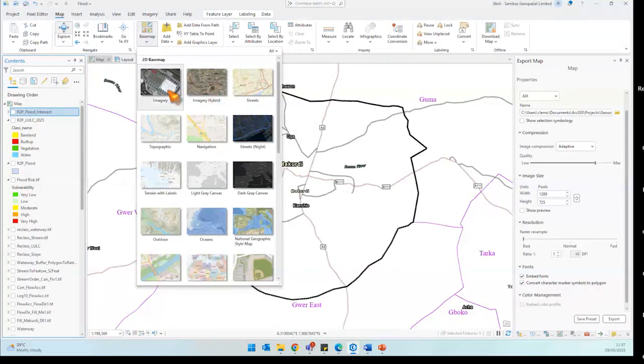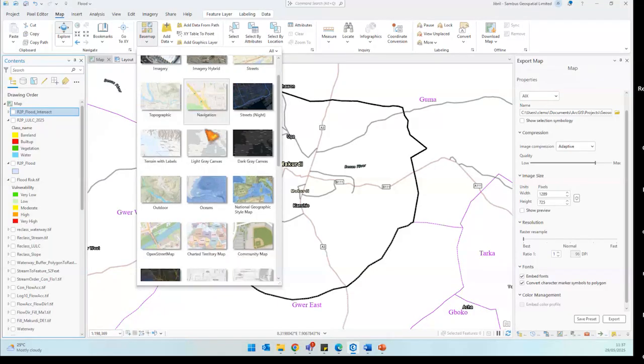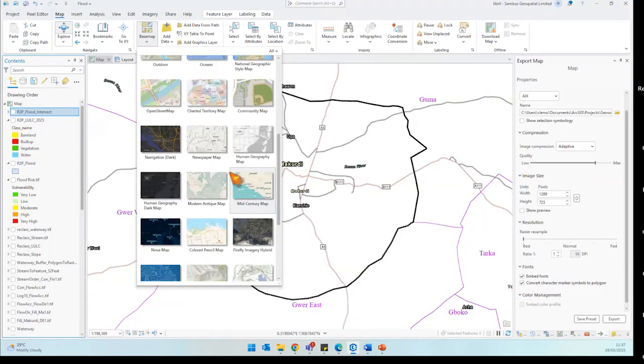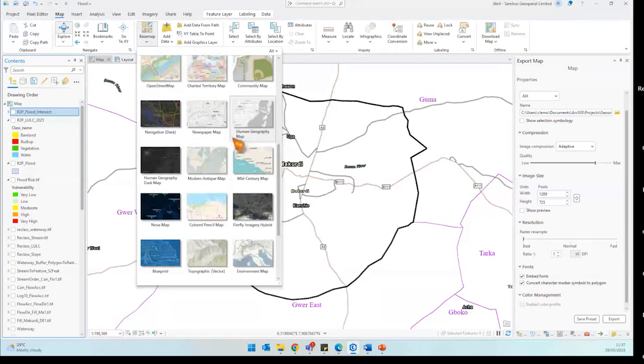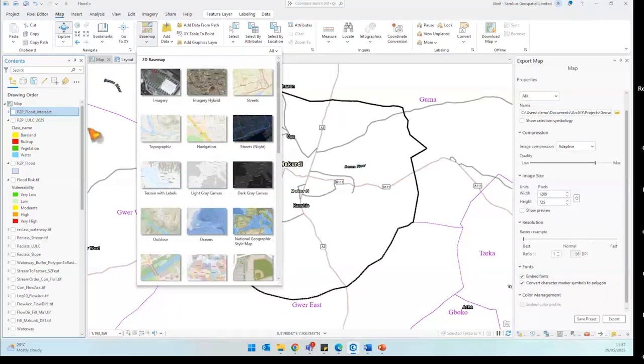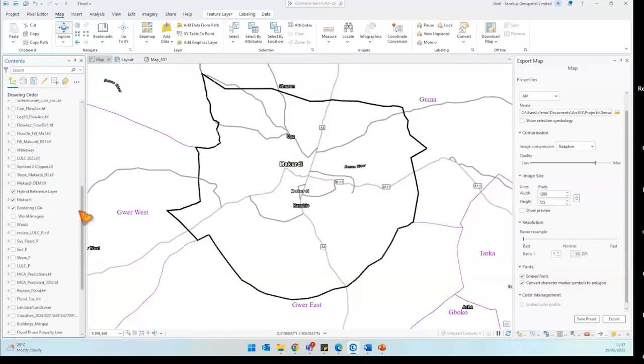The base map has numerous options, from imagery, hybrid, street, navigation, topography, even OpenStreetMap. You could add it to your result. They are all readily available. So when you add the hybrid imagery,